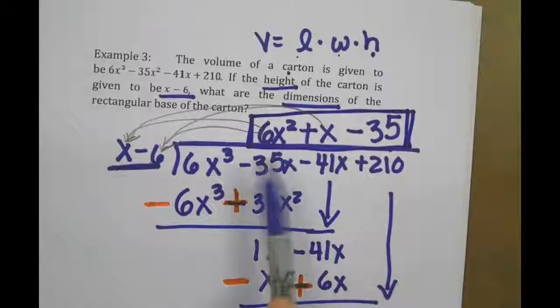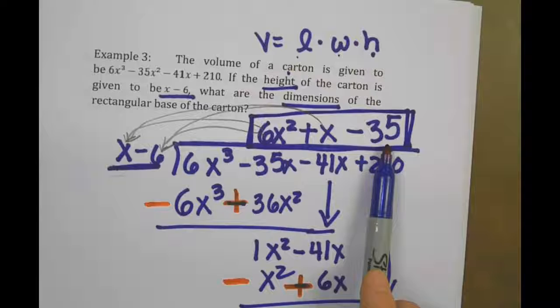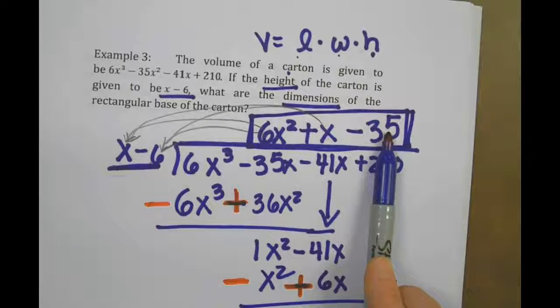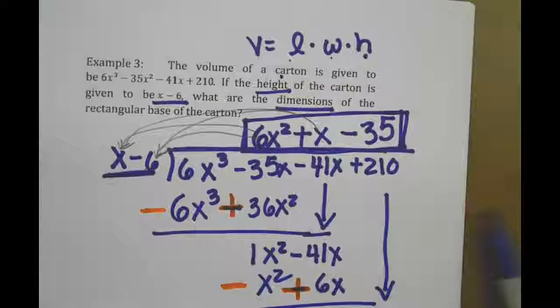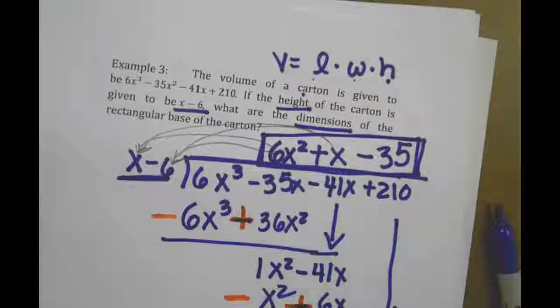To get the length and the width, there's another step. You would have to factor the 6x squared plus x minus 35 by multiplying the first term by the last term and getting the factors of 210 and doing the factor by grouping. We're not going to do that part today. We're just going to focus on the dividing part because I want to give you time in class today to work on your homework paper. So,